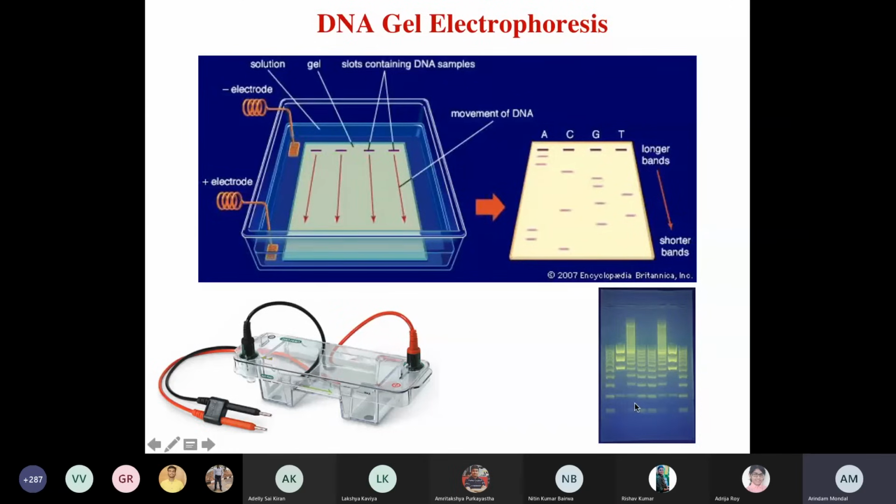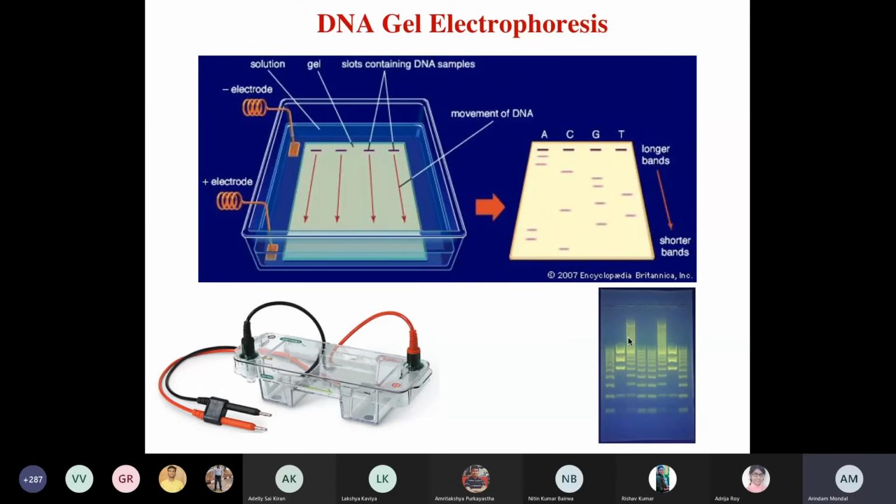But how does the DNA become fluorescent active? DNAs are usually fluorescent inactive, so you're not supposed to see them under the UV light, but still they are getting seen. How can you visualize that? In order to visualize, you add a chemical molecule which is fluorescent active. It is known as ethidium bromide.